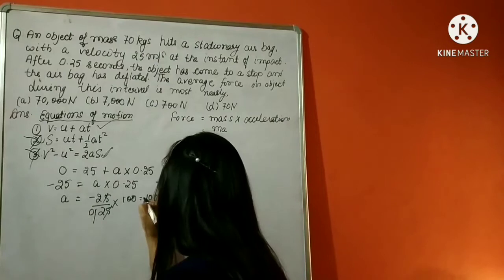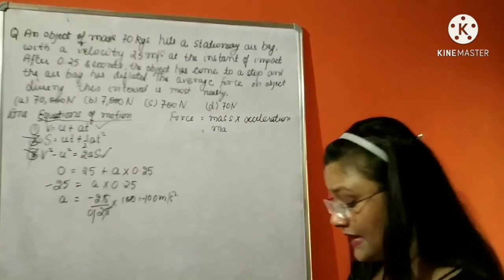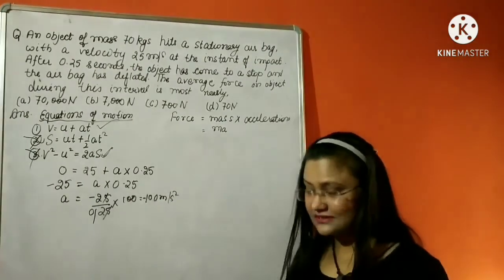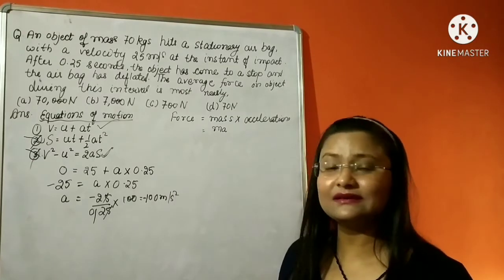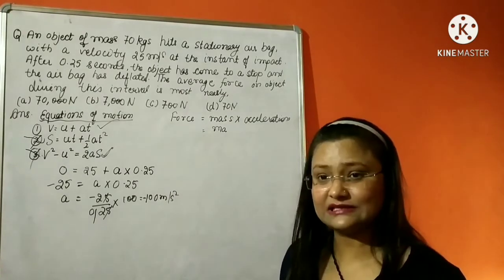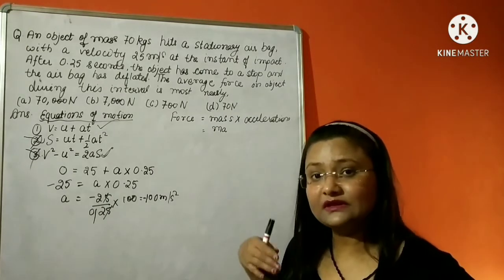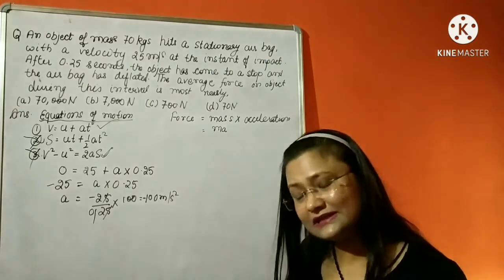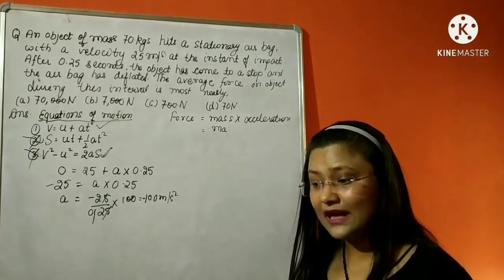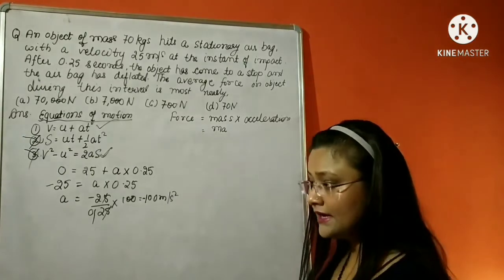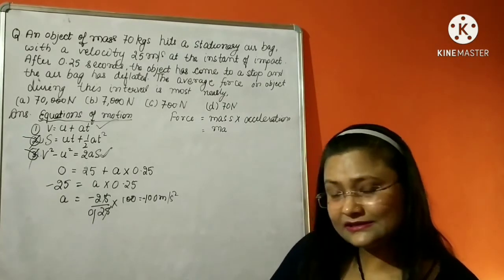But the value is negative. We have a minus sign here. What does that mean? A negative sign in front of acceleration means the speed is decreasing. It is not acceleration, it is deceleration. When an object's speed is consistently increasing, then we say it is acceleration. But when we are driving a car and about to reach our place, we decrease the speed.